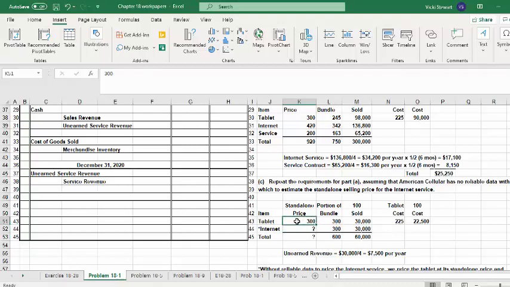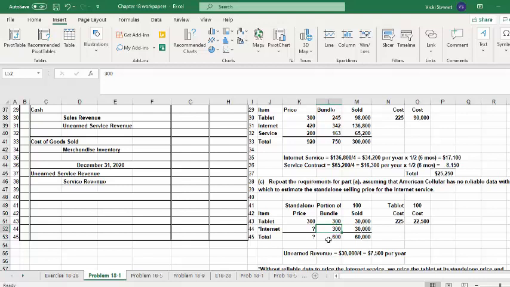In the incremental method, you use the market price or standalone price for the portion that you know, which is that we would sell the tablets for $300 retail by themselves, and then you take the total bundle and you subtract what you do know, and the remaining amount is allocated